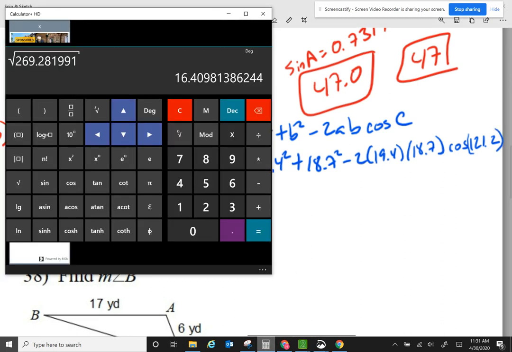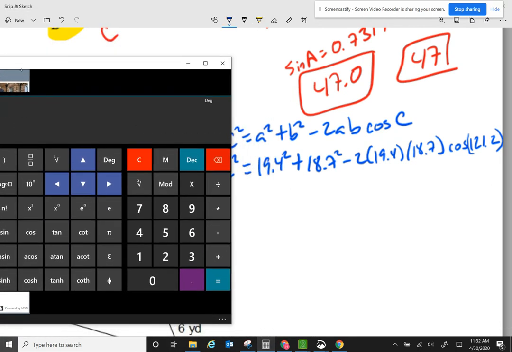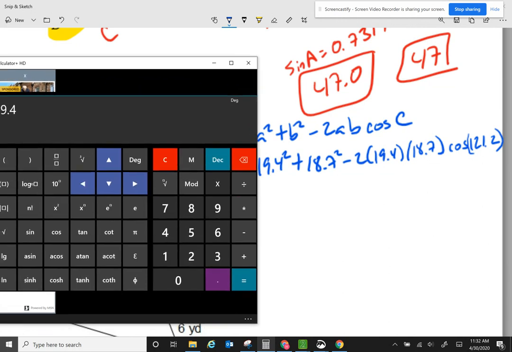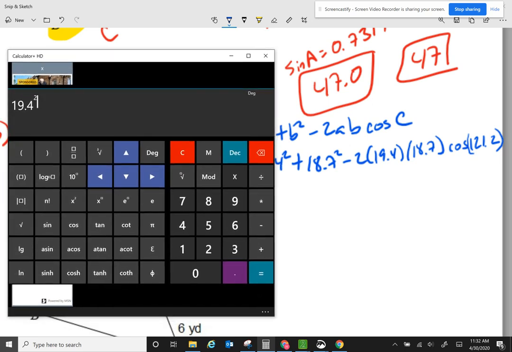Looks like mumbo jumbo, but we have to type it in all anyway, so it's all right. Can deal with that. Make sure that I have what I need. So I have 19.4 squared plus 18.7